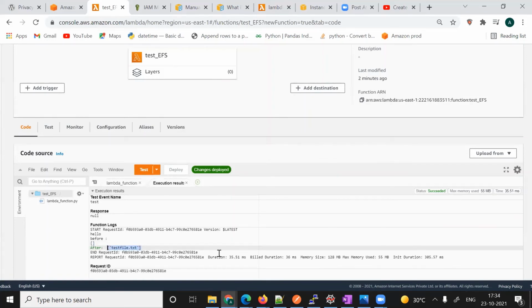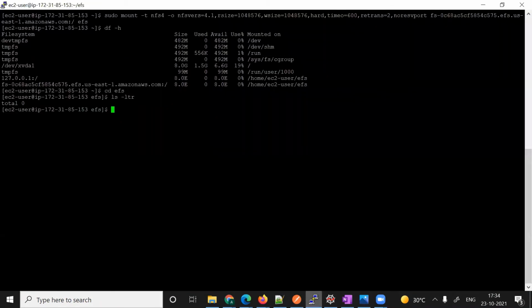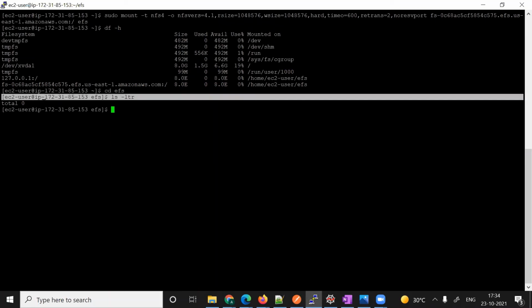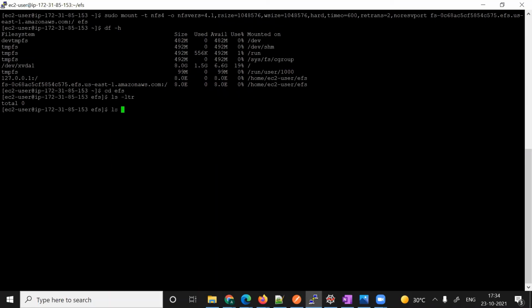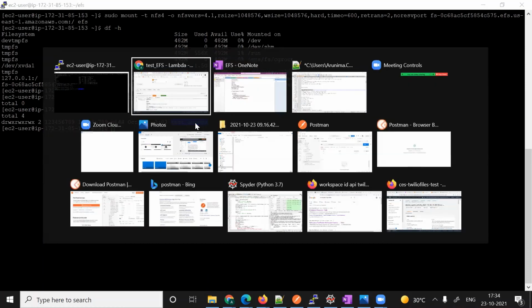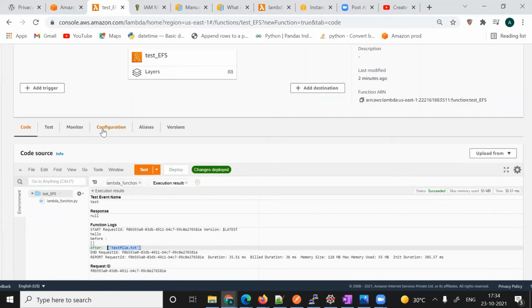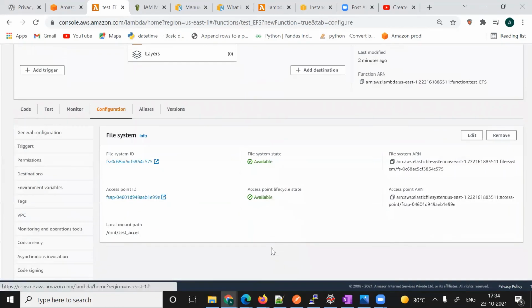So where did it get created? It should be created in EFS. So where have I mounted my EFS? Here. I've not done anything from here. Let me check whether it got created or not. See, I have told you, this is the access point that we have created before. Without this, it is with S. Okay, this is nothing related to this mount point. Whatever you want you can give here.